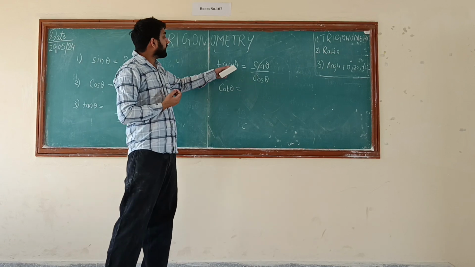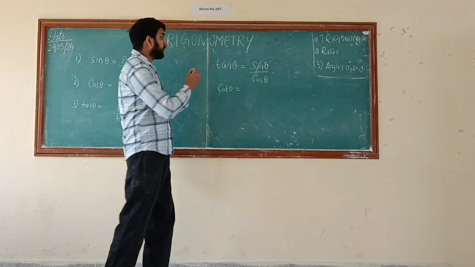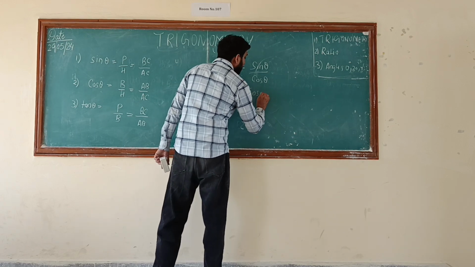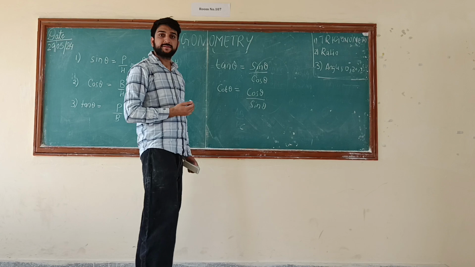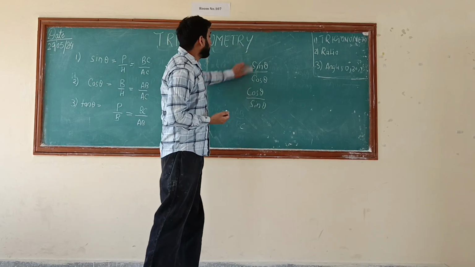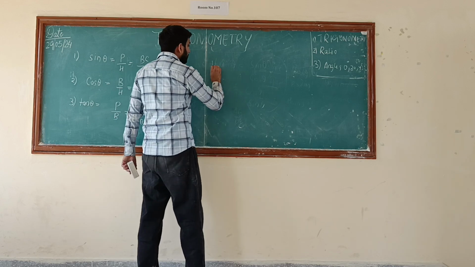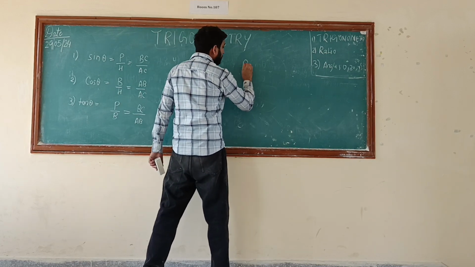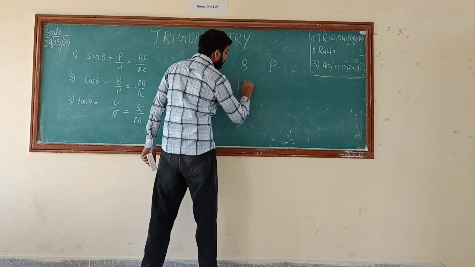If we have tan theta equal to sin theta upon cos theta, so cot theta is equal to cos theta upon sin theta. Okay class? Now the second trick to remember these trigonometric ratios, that is Pandit, Badri, Prasad, Har Har, Bole,